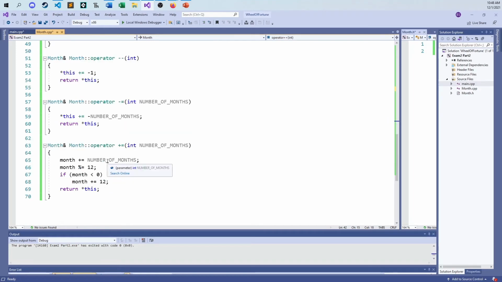And so now this is where the math comes in. This is where the magic happens. So I want to add a certain number of months. It could be positive, it could be negative. And so you would think I would just do it. But what would happen if I was in month 12, I was in December, and I wanted to add 6 months? There's no such thing as month 18, but according to the way calendars work, that would be month 6, that would be June. And so this is how we can basically, instead of clamping like we did for the constructor, this is how we go ahead and